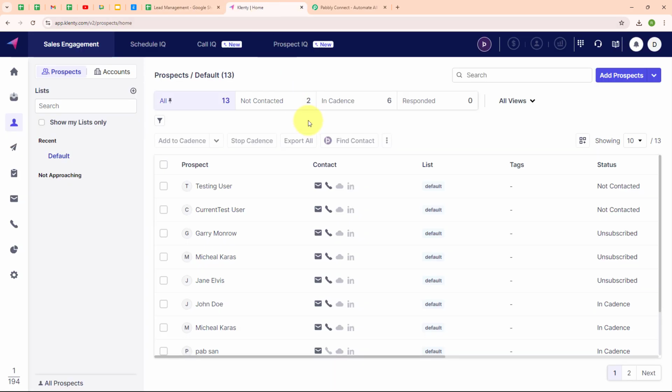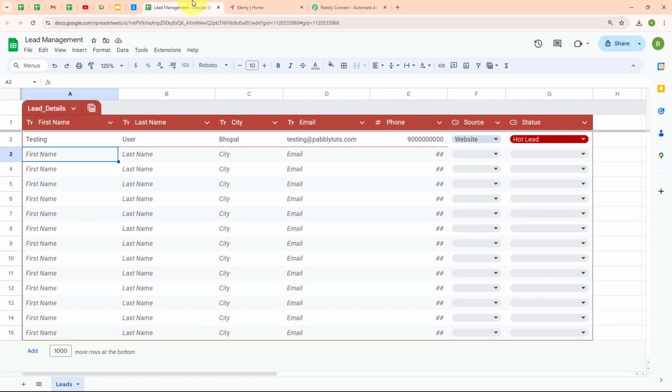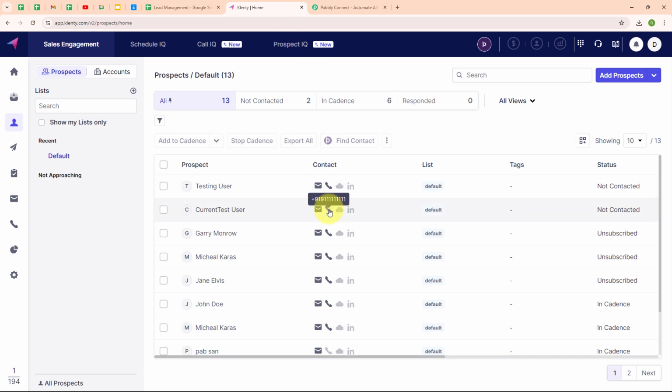Instead of manually transferring each new entry into Clenty, I am going to set up an integration to do it automatically. For example, whenever a new lead detail is added in my Google Sheets tables row, they are instantly created as a prospect in my Clenty account. This integration saves me time and ensures I can quickly start engaging with these leads through personalized email campaigns and follow-ups, helping me stay organized and improve my chances of turning prospects into customers.